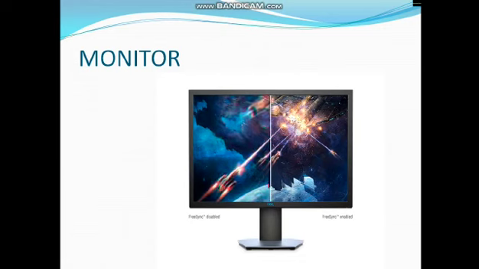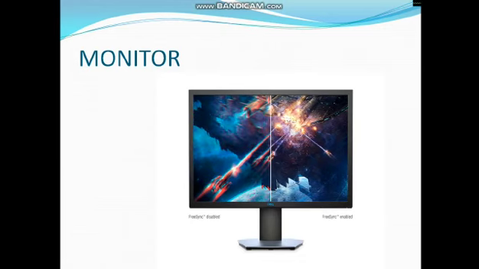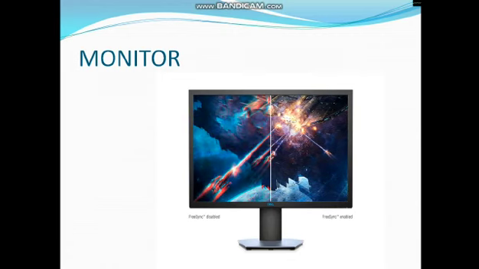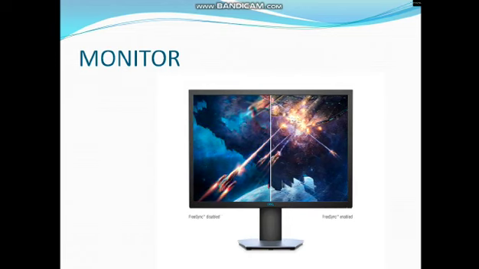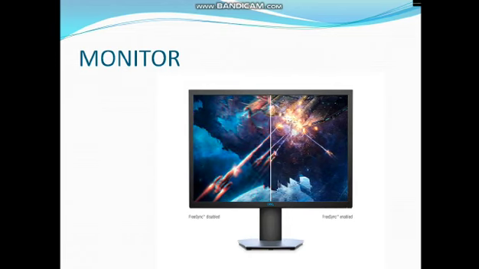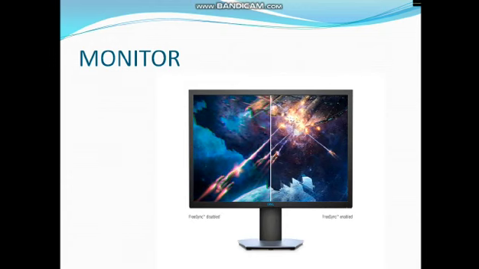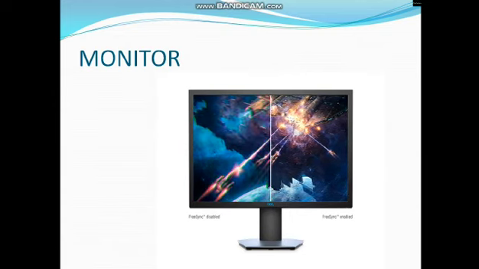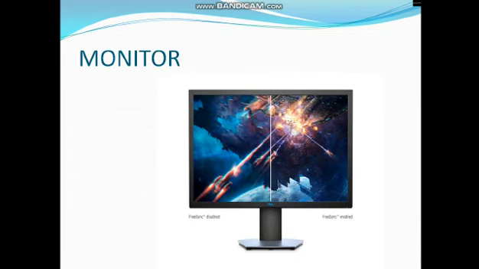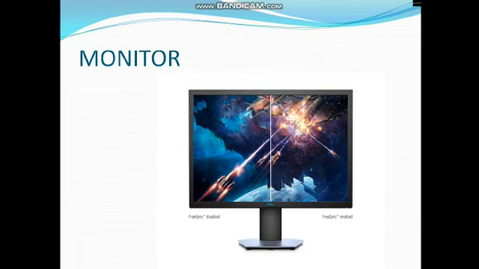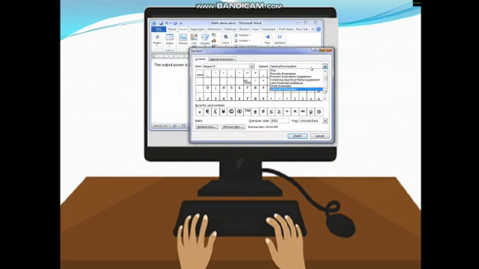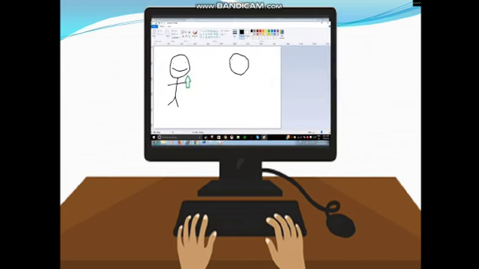Now let's go for another one, that is the monitor. So a monitor is an electronic visual display that includes a screen. Older monitors made use of cathode ray tubes, which made them very heavy. Nowadays we use LCD monitors like in laptops, PDAs and desktop computers because they are lighter and more energy efficient. It is also called an output device because we can see what we type, children. We can type as well as we can draw pictures and view it.